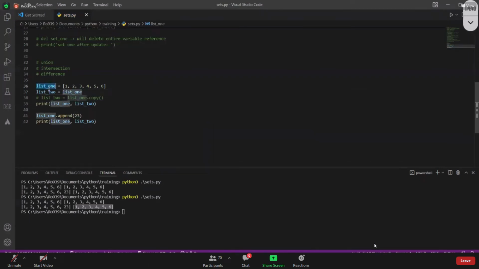So I want to copy this variable information into this one. If you are doing something like this, whatever changes you make on the parent one, the parent one over here is list 1, will reflect on list 2 as well, because here we are not copying this information. Every data which we put here, maybe list, integer, strings and things, it will just basically